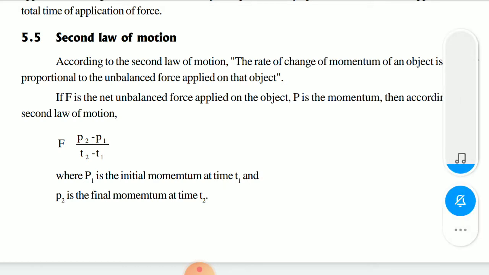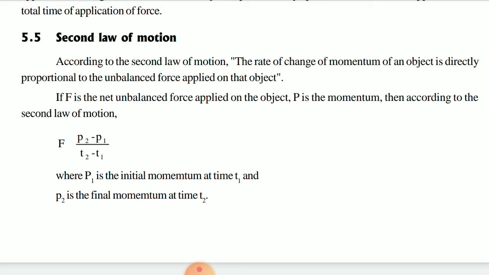Today we are going to continue further with force and laws of motion. Last class we had studied about the first law of motion. According to the first law of motion, every object remains in its state of rest until and unless an external, that is unbalanced, force is applied. That already we had studied. That is the first law of motion. And there, children, actually there is a linear momentum, at constant time with constant speed.